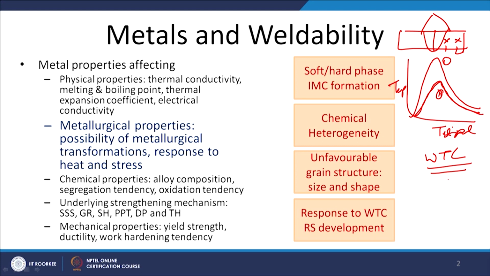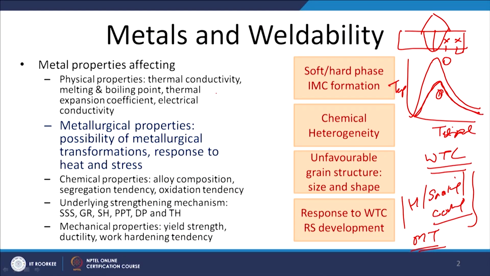Now, whenever there is heating and then soaking as per the weld thermal cycle, followed by cooling, this heating and cooling will be affecting the metallurgical transformation. All the metal systems do not respond in the same way to metallurgical transformation when the weld thermal cycle is imposed, and that is why, as per the nature of the material system, the metallurgical transformations will be different for a given weld thermal cycle.